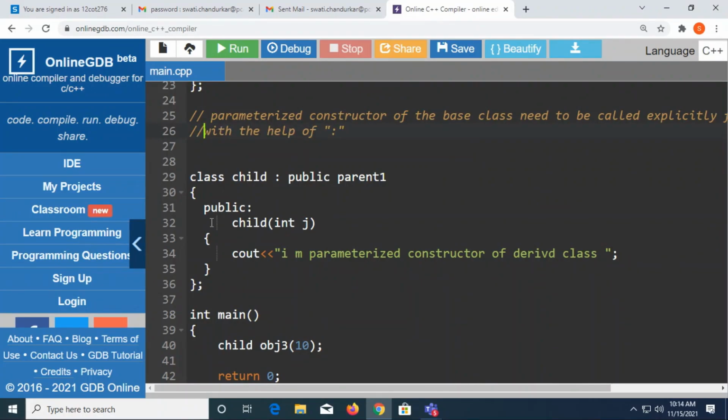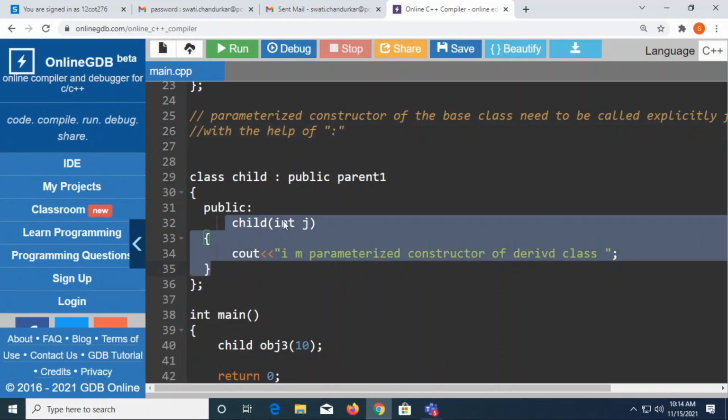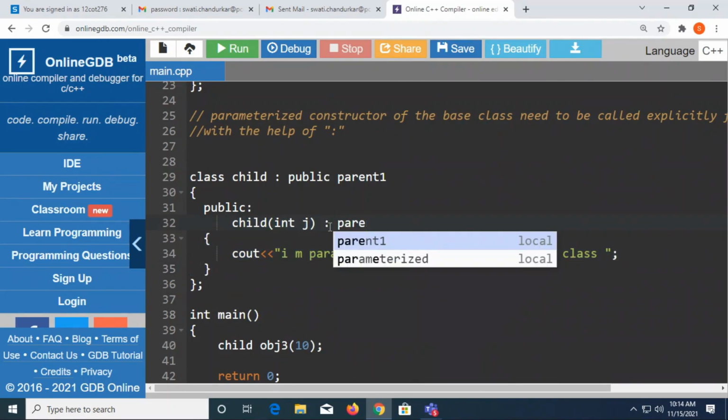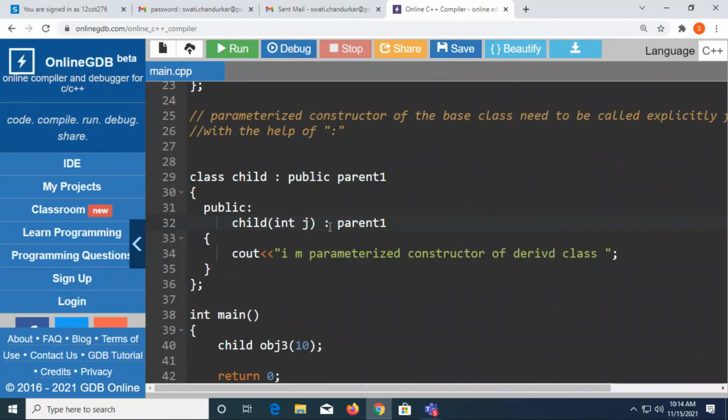I will just extend the definition of my child class parameterized constructor. Where is my child class parameterized constructor? Inside the child class. So I will make use of this colon and give a call to my parent class constructor. Now, my parent class constructor is again parameterized.